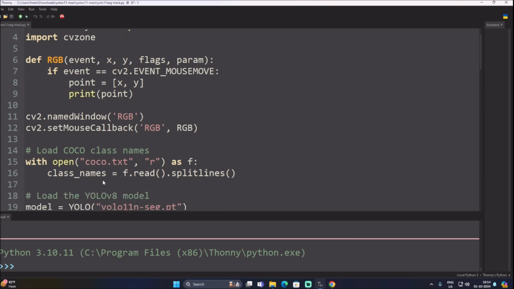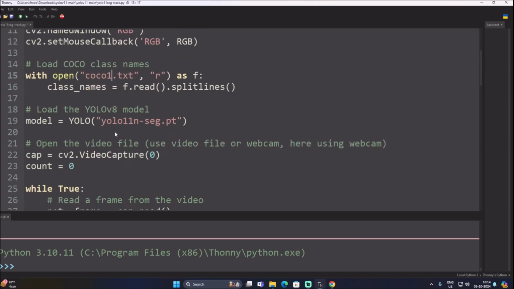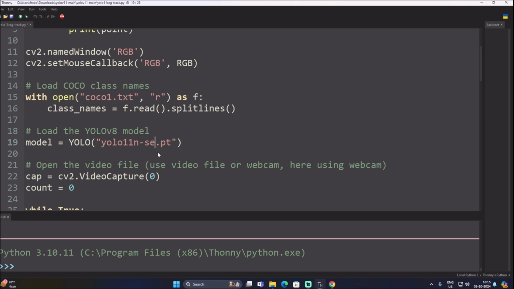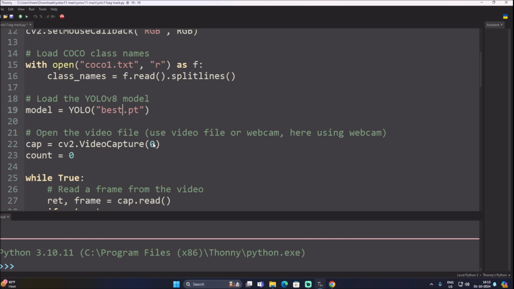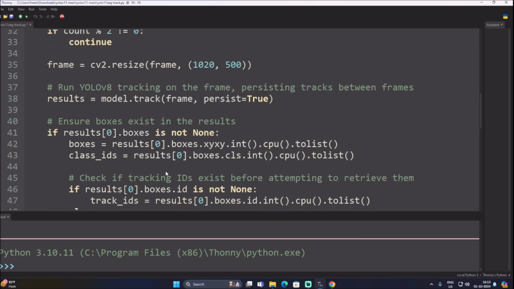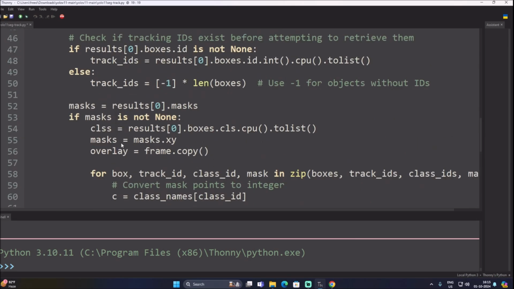Here again I will select coco1.txt because we already created a coco1.txt custom label file for object detection. So we will use the same file for segmentation, coco1.txt. Then here again we will mention our custom model name, which is base.pt, and then cv2.VideoCapture, camera index number 0. That's it. Then all the things are good, and then if I save the code and run the code,